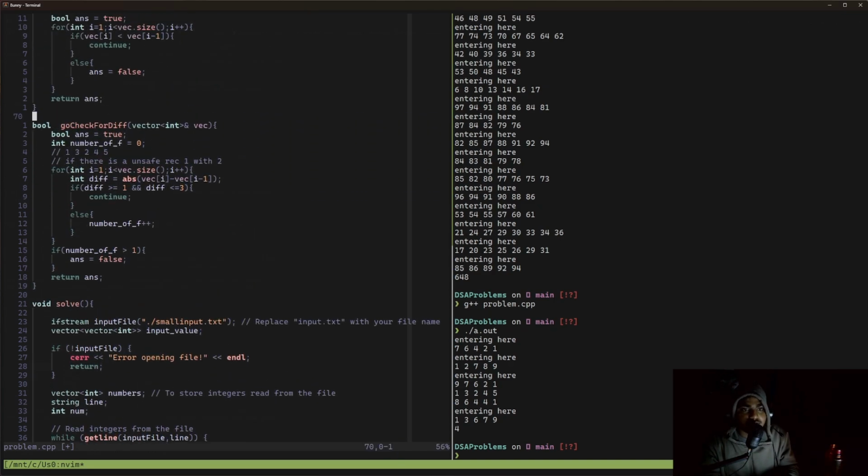Okay. Let's see. So, if there is a bad shit, ignore it. How do I make it ignore? If the difference is in this limit, it's fine. If it's not, you can just compare it with the previous one. If that is also a not,